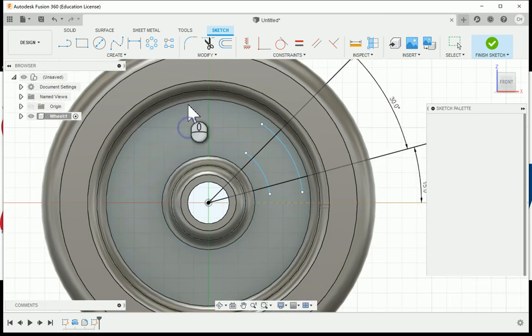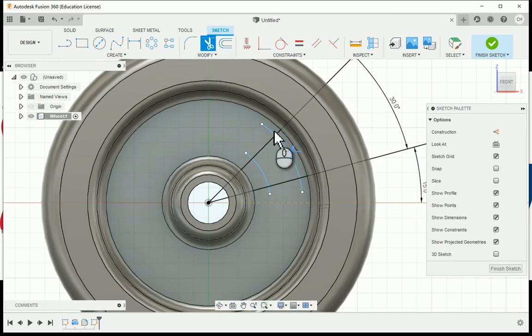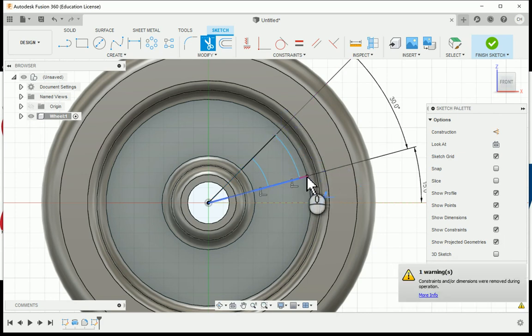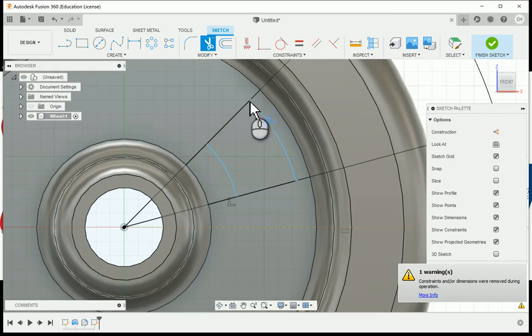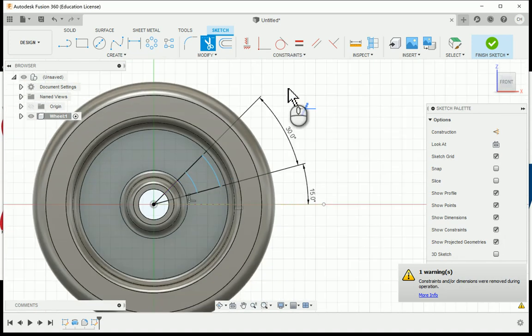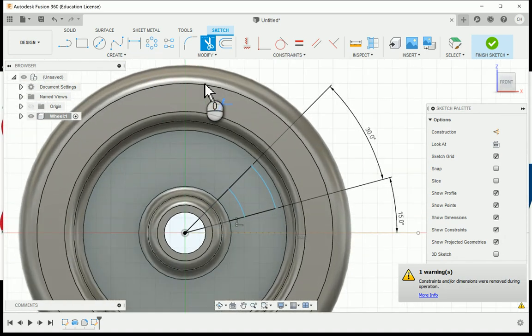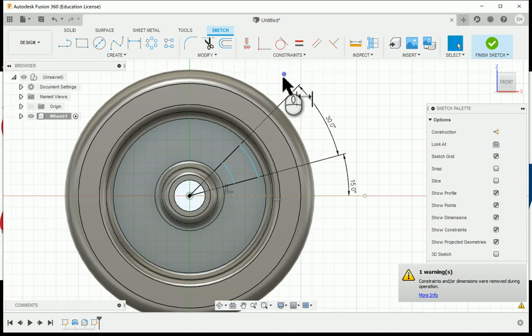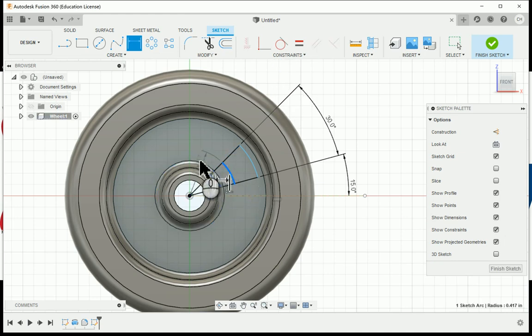To clean this up a little bit, using the trim command, I'm going to trim away the excess lines that I don't need. So for example, I probably could get rid of the ends of these two lines, and I'll trim these back until we only have where the line just comes here. I'm going to leave these two here at the bottom because they are helping keep us constrained. So the only thing I have left to do is dimension this arc,